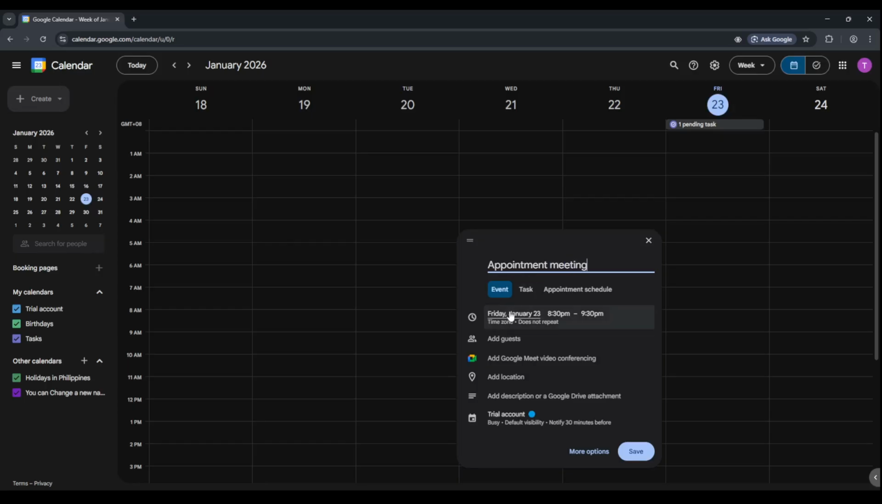Next, set the date and time. Use the start and end fields to choose the day and adjust the duration. If it's an all-day item, turn on the all-day option so it stretches across the date. If you're scheduling across time zones, double-check the time zone indicator so the event shows up correctly for everyone and